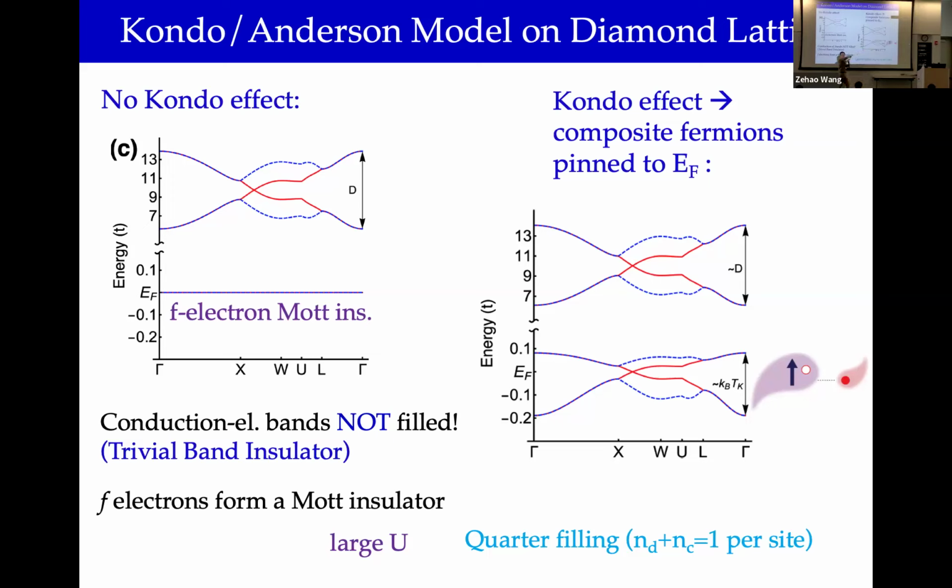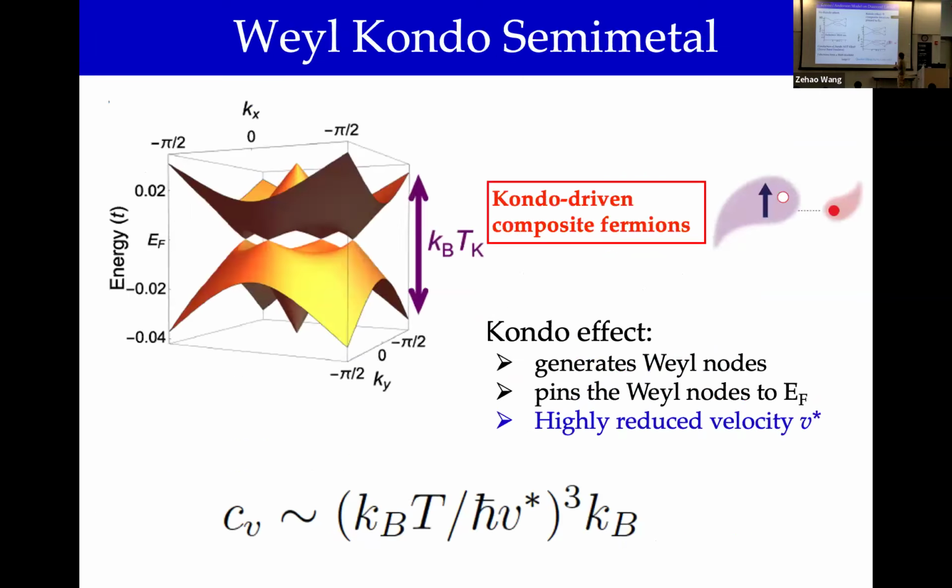In this model, you would have the Kondo insulator, but because it's a diamond lattice or small weak perturbation away from the diamond lattice, symmetry prevents the Kondo insulator gap from forming. And in fact, you have these nodes, and there's almost emergent particle-hole symmetry, so the nodes have no choice but to be in the middle of the gap, and the most natural choice to be exactly at the Fermi energy, at least in this model. Generic models would be somewhat away from the Fermi energy, but still in the immediate vicinity of the Fermi energy. So that's important because